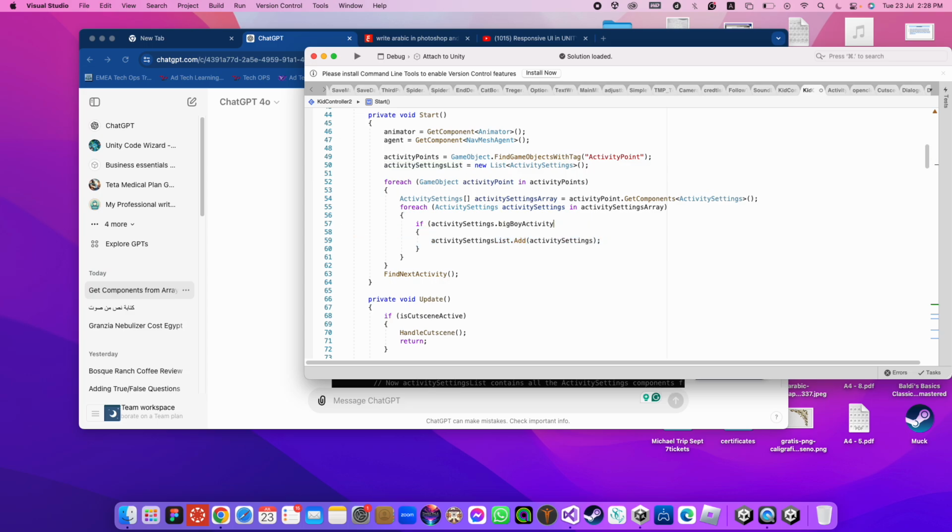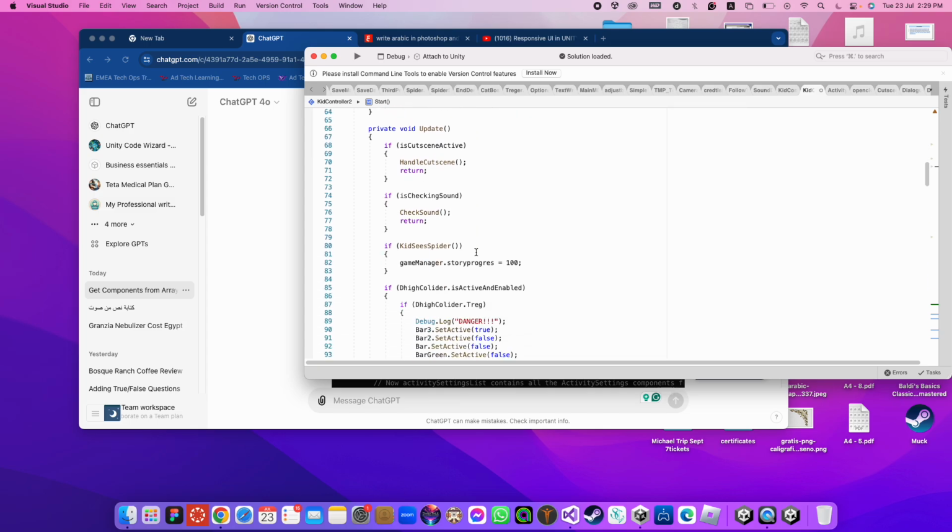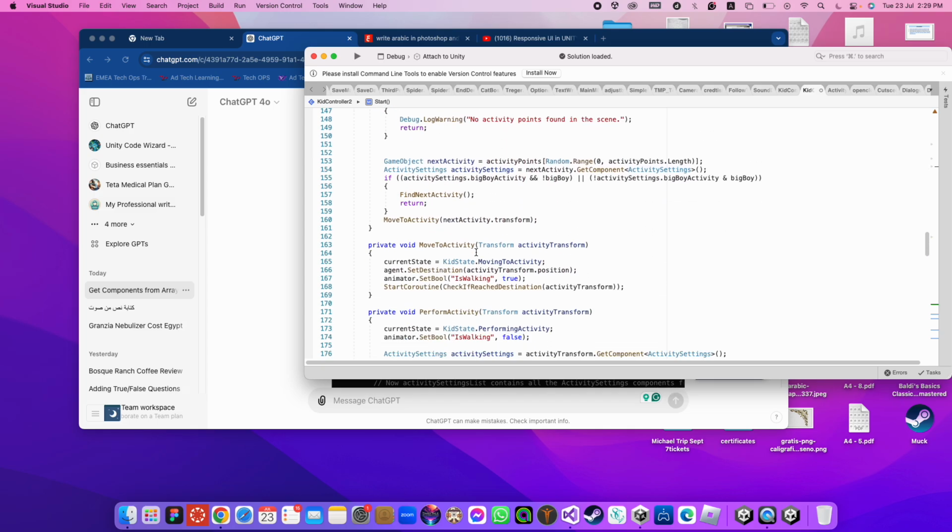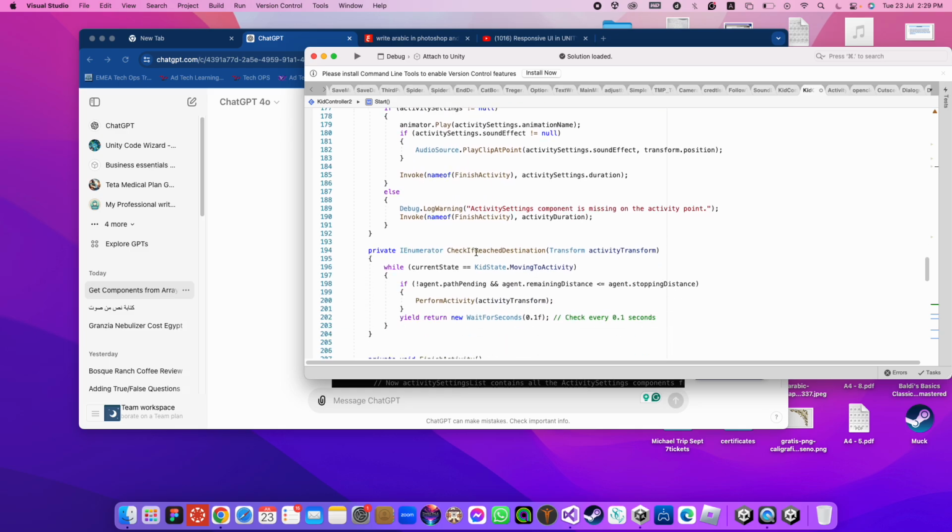We don't need that. Okay, so now that should work. We first of all, in each game object, we're going to get activity point in activity points, and then get a list called activity settings, get activity settings array, and get activity point. And then adding the activity settings after all of this enhanced. So the activity settings list should, in theory, have every single activity point that is